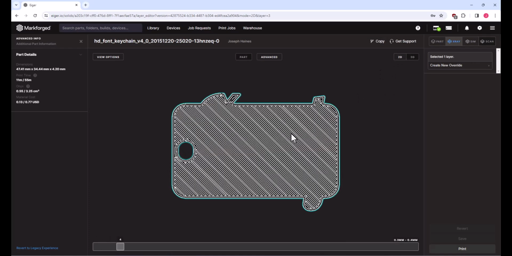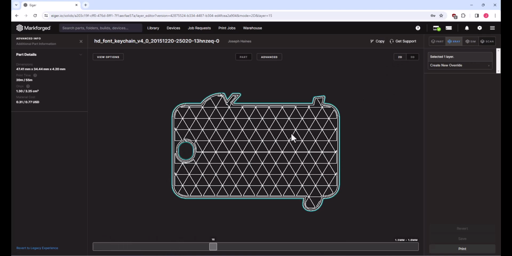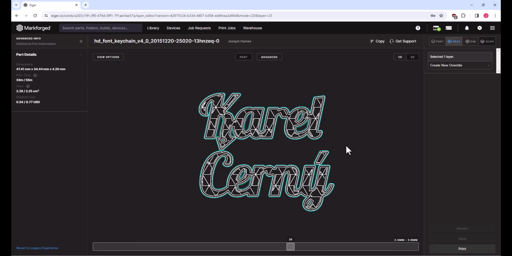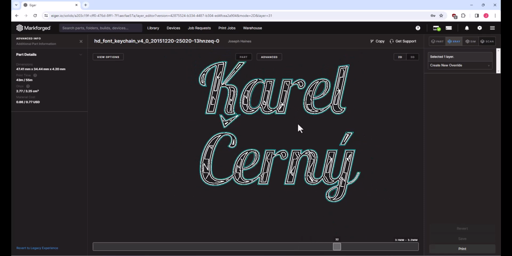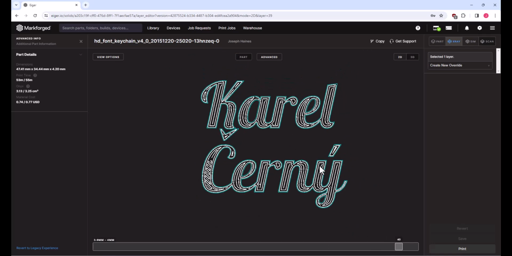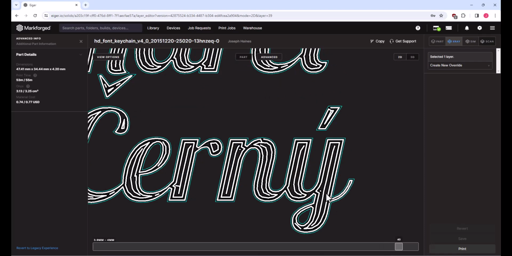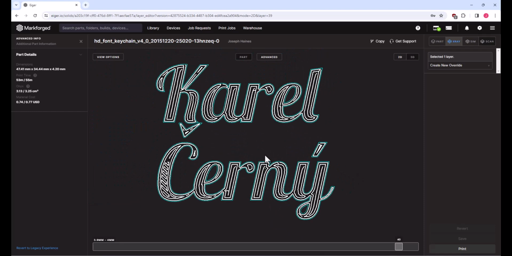And same thing applies, just stepping up through these layers, specifically at these finer features, these lettering. The lettering here is really what I want to take a look at. But you can see everything has a 2-layer perimeter. See there's an infill structure applied to everything. And that's kind of those top layers. Even the thinness of this cursive Y is able to print just fine. So this would be